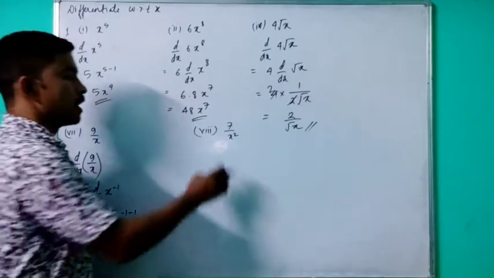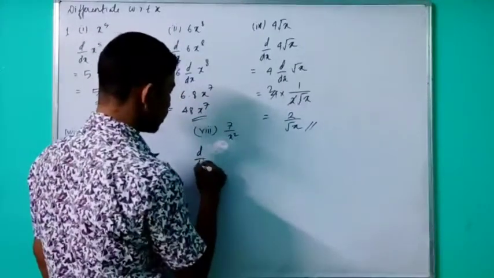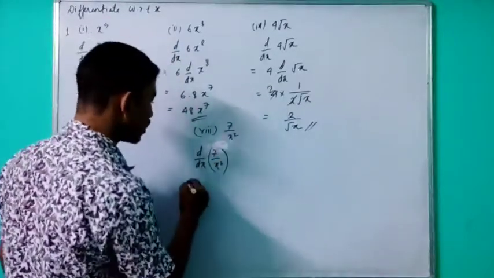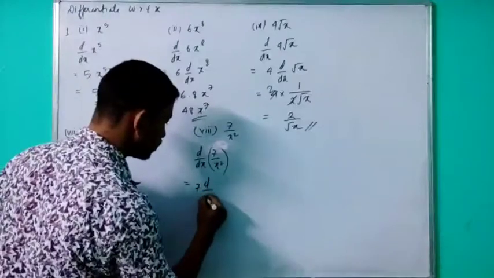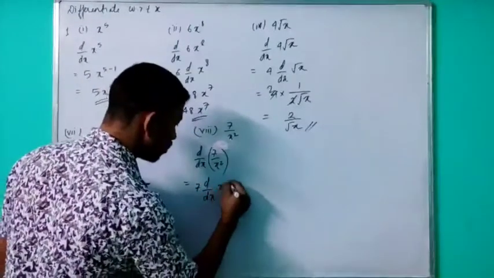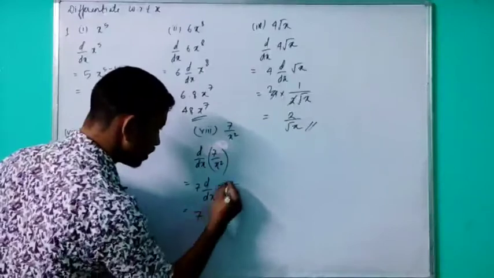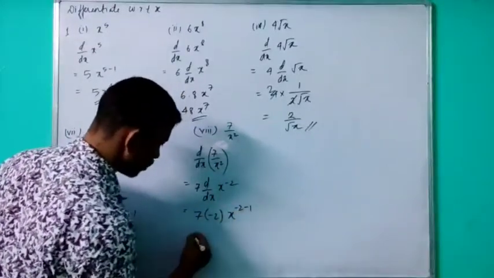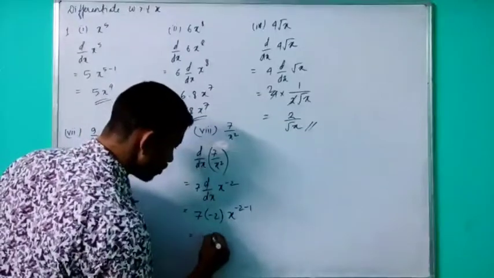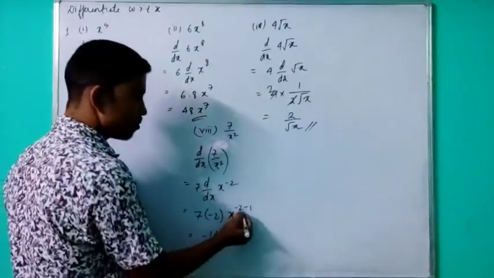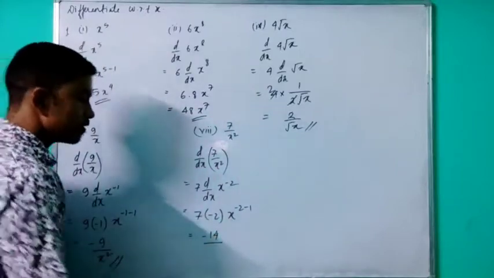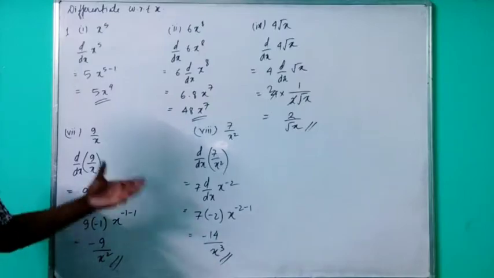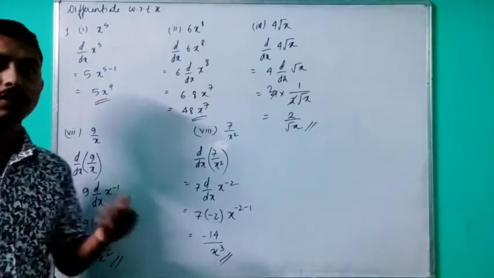Okay. Now the last, I have here d by dx of 7 divided by x square. Similarly, the 7 comes out of the differentiation sign, d by dx of x to the power minus 2. So this will be equals to 7 and here n is minus 2, x to the power n minus 1, which is minus 2 minus 1. So I can write 7 into 2 is 14, minus 14 divided by x to the power minus 2 minus 1, it becomes minus 3. So I take it in the denominator to make the power positive. So this is how we can solve the questions of your first exercise.